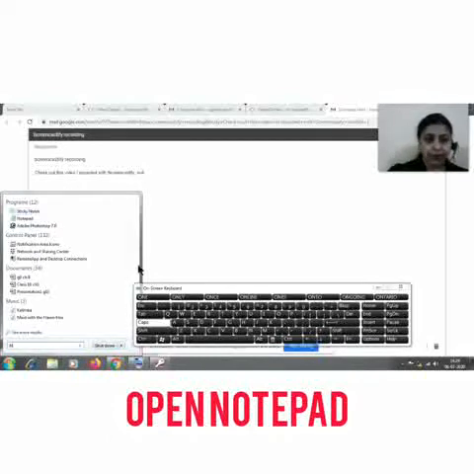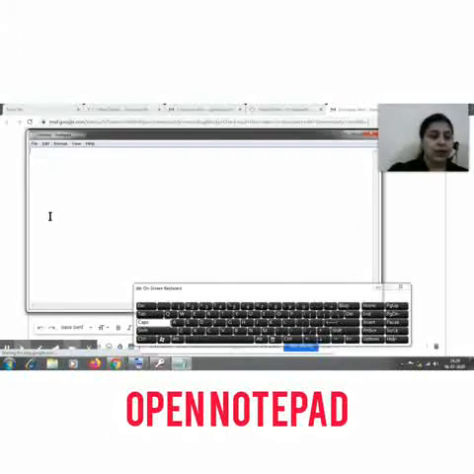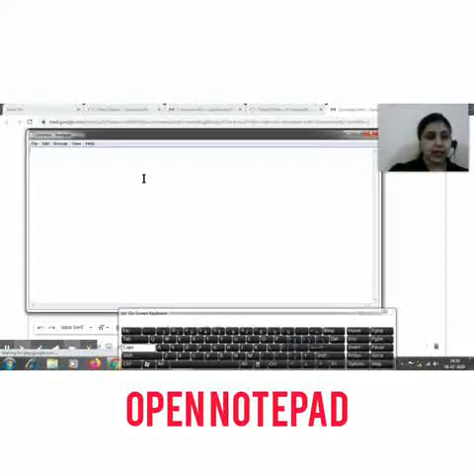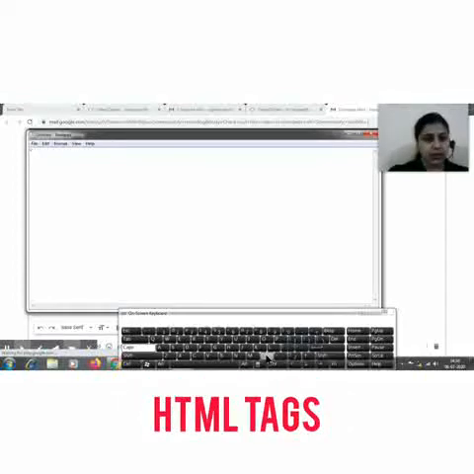Now, to start working with HTML, the first tag that we have discussed is your HTML tag. You need an angular bracket, type HTML, and close the angular bracket. This HTML is a tag, and it shows that we are working with HTML.